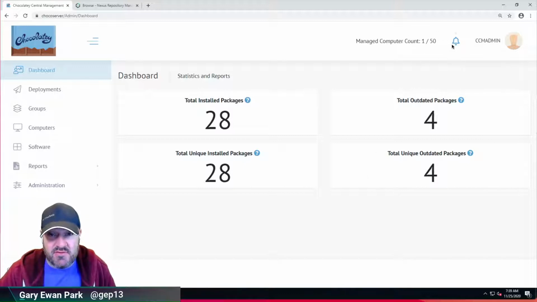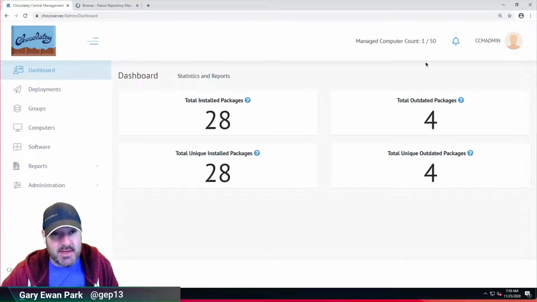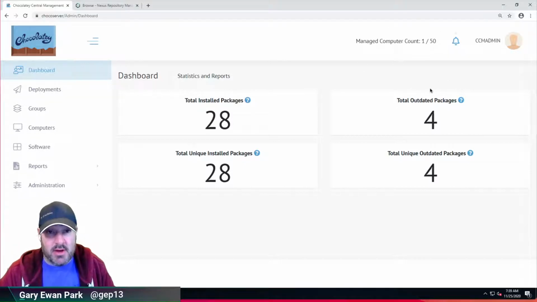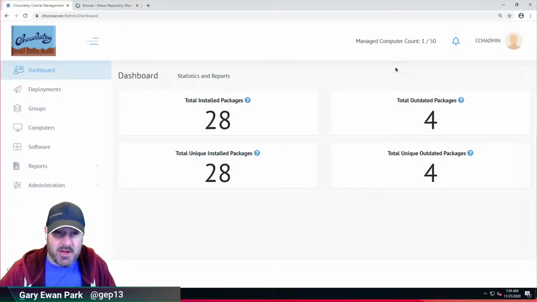It's currently got 50 licenses or 50 machines that can be used with it, but there's nothing visually within CCM at the minute to indicate that there might be a problem. Now, once we go past the expiration date, CCM will start reporting that there's an invalid license, but there is an open backlog item which would be to give prior warning that a license is coming up to its expiration